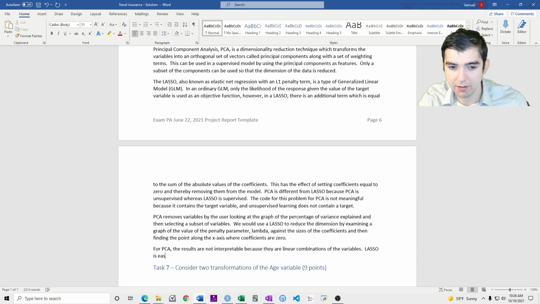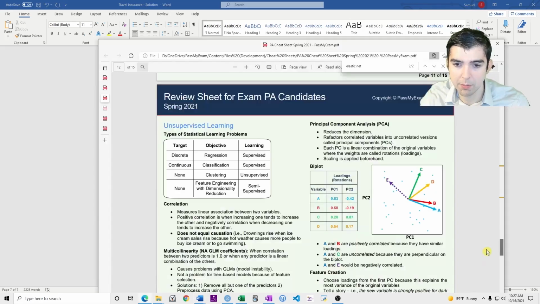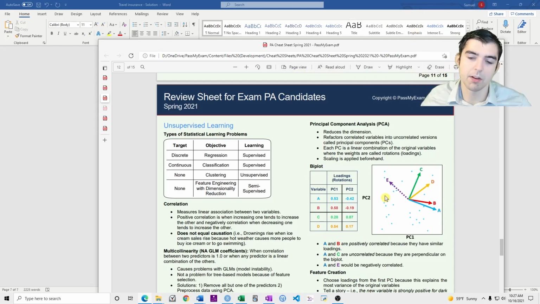Lasso is easier to interpret because the model preserves the original variables. So remember that from PCA you had a rotation, right? So these were the original variables, and then you basically rotate them by multiplying by a scalar and adding some term, which is a linear transformation. And so you get out the principal component.